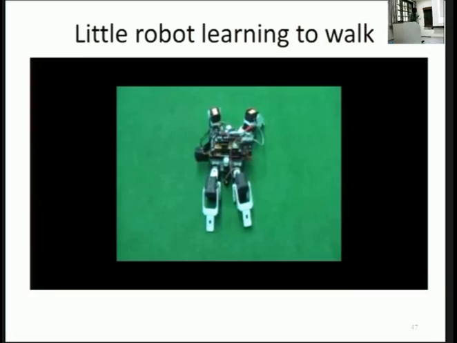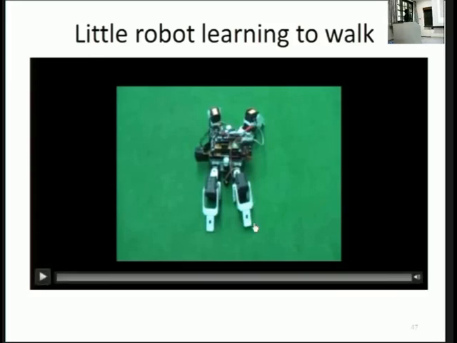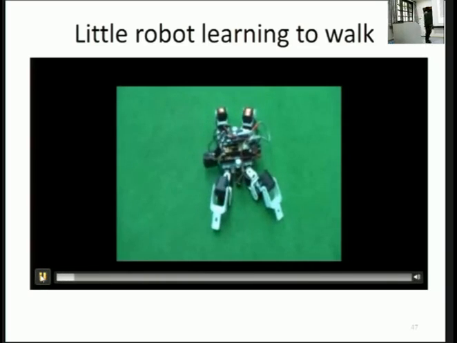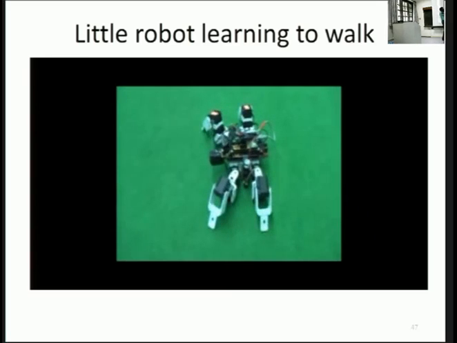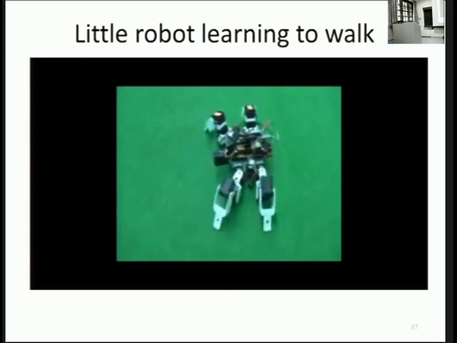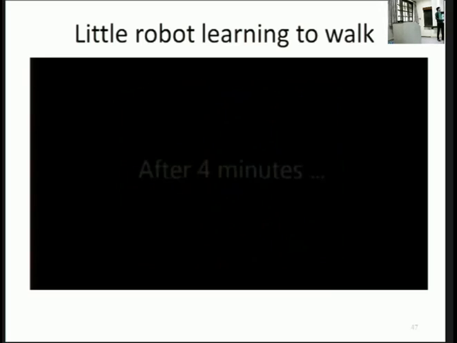Now you want the robot to walk, but you are not able to do it directly because you have to synchronize all these 8 motors. Should it go up, should it go back, should it go faster, should it go slower? So the way it does it, like reinforcement learning, is there is a sensor here which says how far you are from this place. What we are trying to do is make it go to the left, and you can see it's exactly doing what the kids do. It's trying out different things.